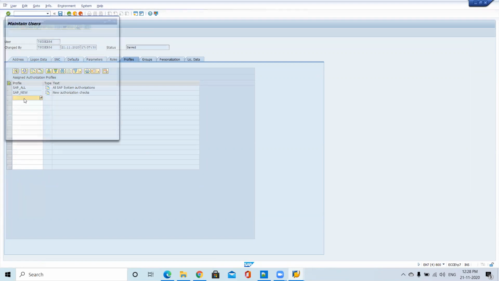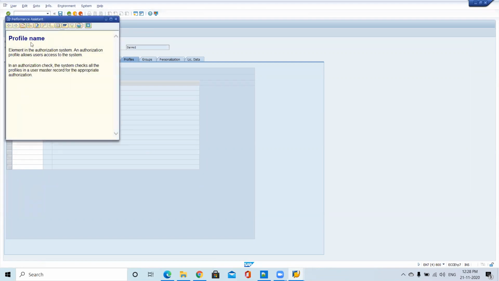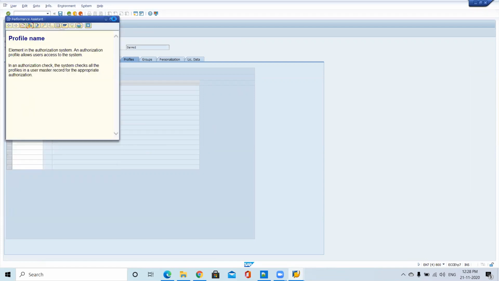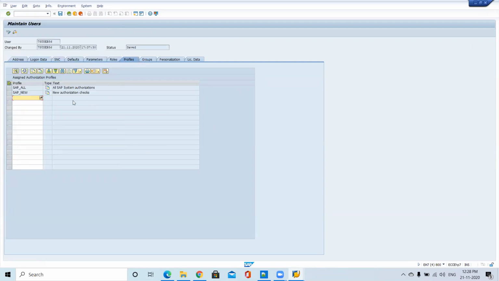From my point of view, what I will do, I will just go to F1 and check the table structure. Then somewhere, if I pass a username, this node will come automatically for me, so I will use that node directly. Actually, they have done it at exit level, with an included program inside the exit, because that particular printer will be called in the standard transaction, like goods receipt.